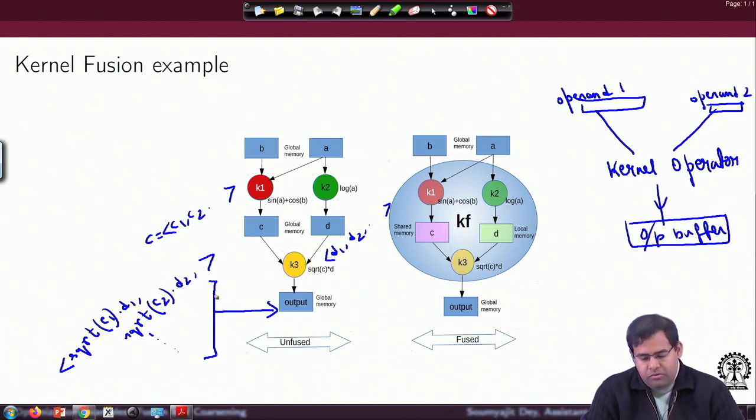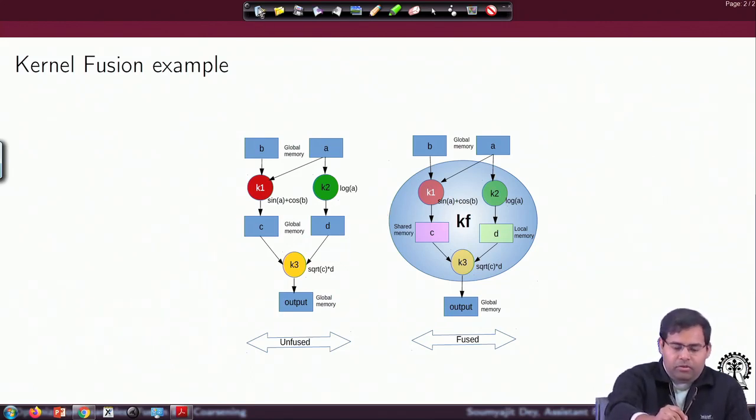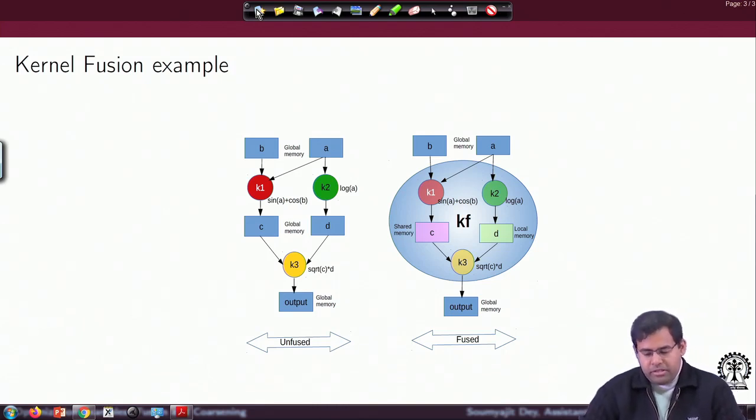What happens when I fuse these kernels? Essentially, we can replace these three independent kernels K1, K2 and K3 and create one kernel called Kf. Kf would be a single kernel whose inputs would be the global memory buffers B and A. It will copy data from B and A, it will compute sin A plus cos B